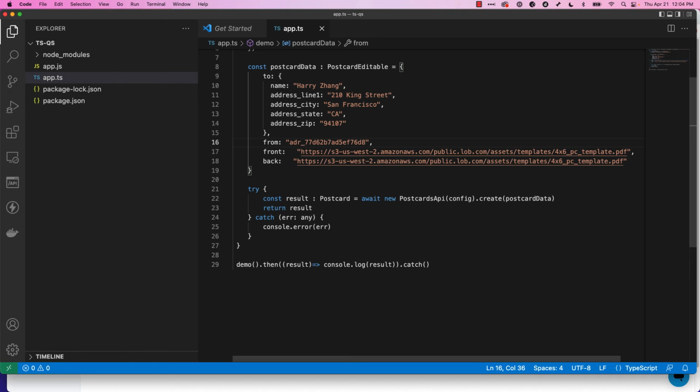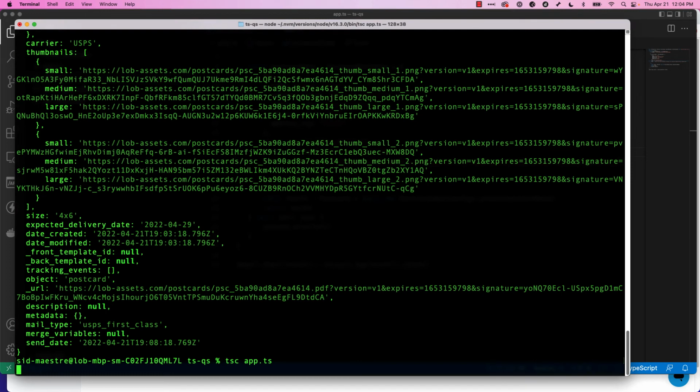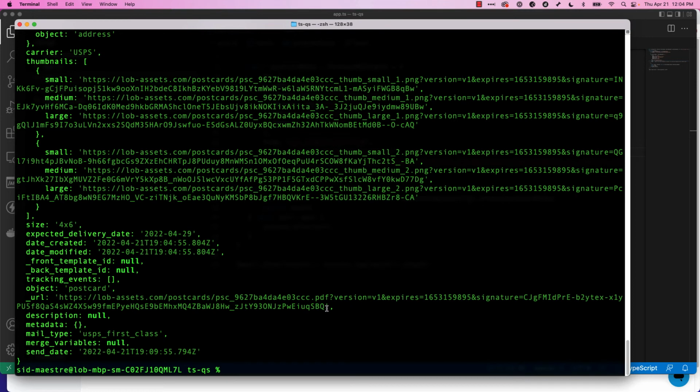Now, you might be wondering, what about personalization? So instead of sending a PDF, maybe I want the front of my postcard to have something personal, so I can do a little HTML in here if I'd like, and I could say hello world, and you can do CSS and all these different things. You can even throw a little JavaScript in there if you're pulling things in dynamically. So I'm going to go ahead and build this, and then we'll run it again, and I'm going to grab the preview of this postcard, and I'll copy that URL,